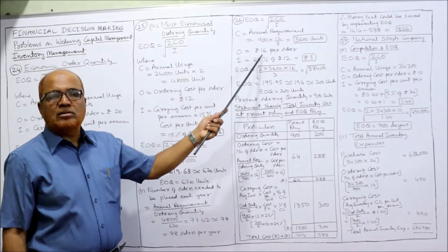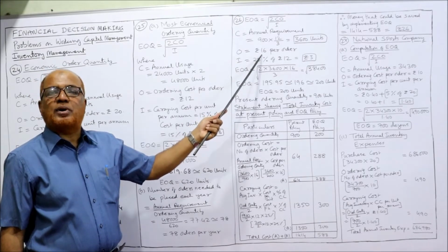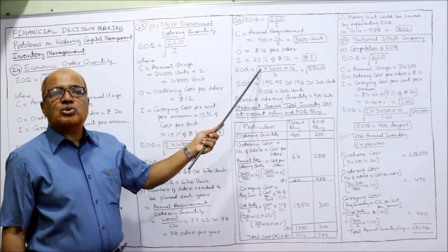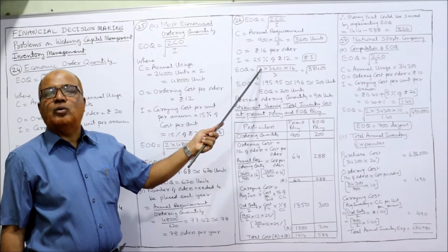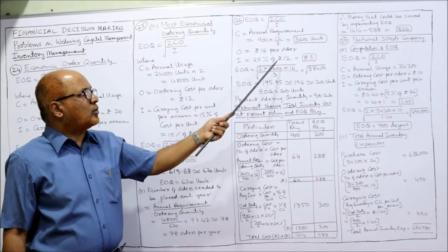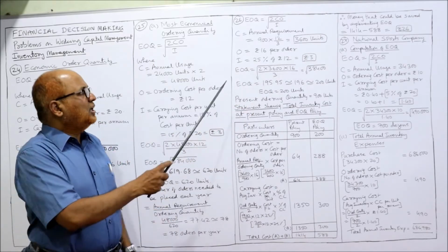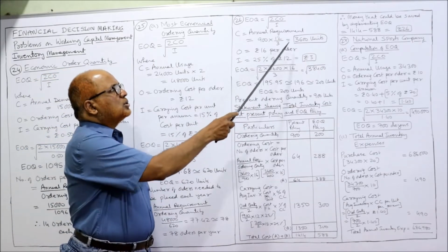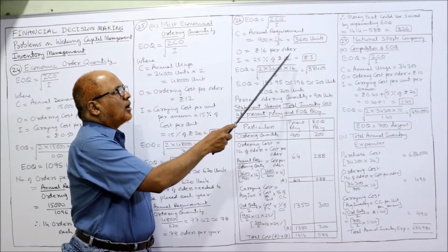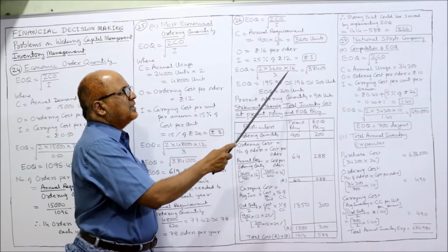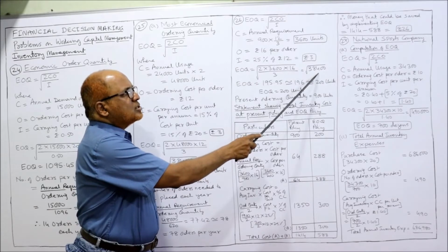O, ordering cost per order, 16 rupees per order, is given. Carrying cost is 25% of the cost per unit. The cost per unit is 12 rupees. 25% of 12 rupees is 3 rupees. Now substitute. EOQ is equal to under root 2 into C, 3,600, into ordering cost 16, divided by 3. So 38,400 under root,